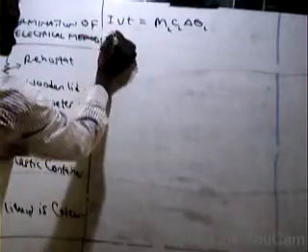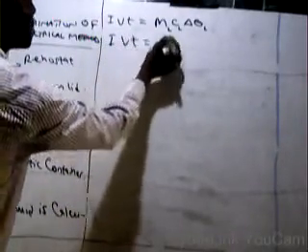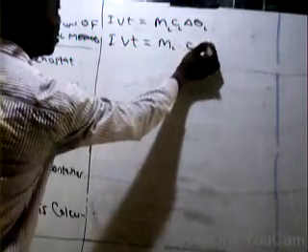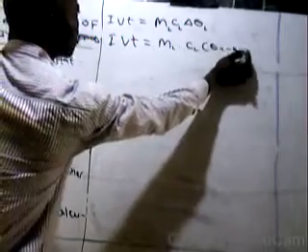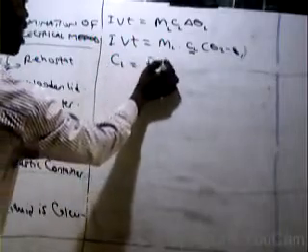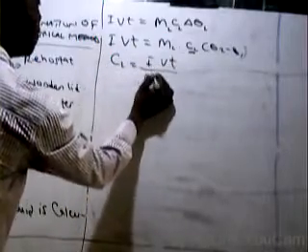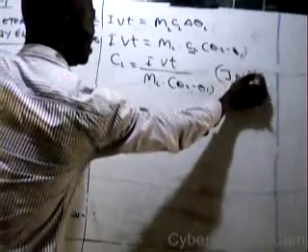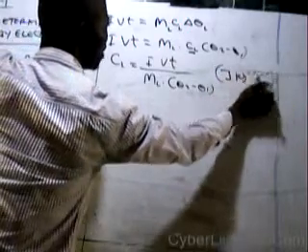And in this case, I will have IVT equal mass of the liquid times C of the liquid, theta 2 minus theta 1. Then what I'm looking for is the specific heat capacity, which is CL. Then CL will be IVT over mass of liquid into bracket theta 2 minus theta 1. Don't forget the unit of the specific heat capacity is joule per kg per Kelvin.